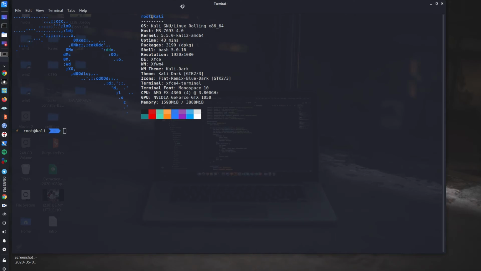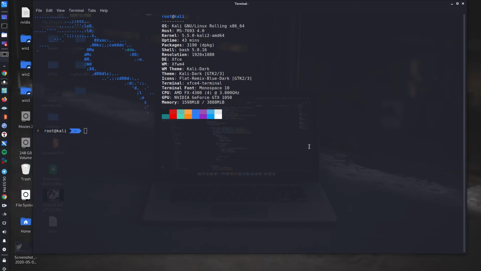So to start BEEF, the browser exploitation framework, let's start from the basics: how to install it. It should be there in your Kali Linux, or if you're using Parrot it should be in there.